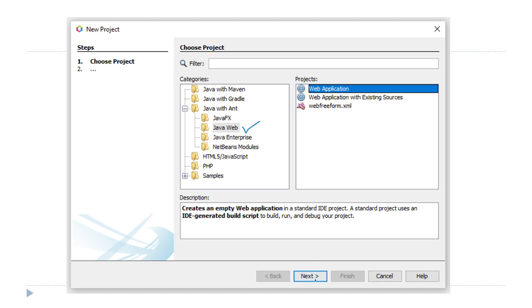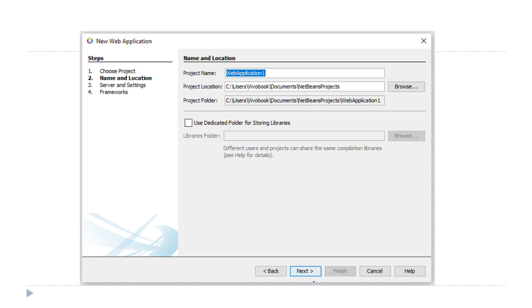On clicking next, it will ask for the project name. So just enter the project name, and this is the project location where the web application files will be stored. On click of next,